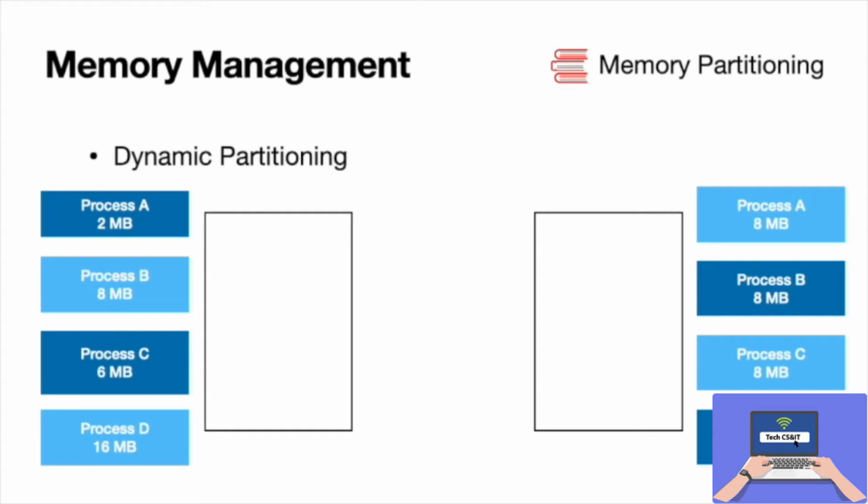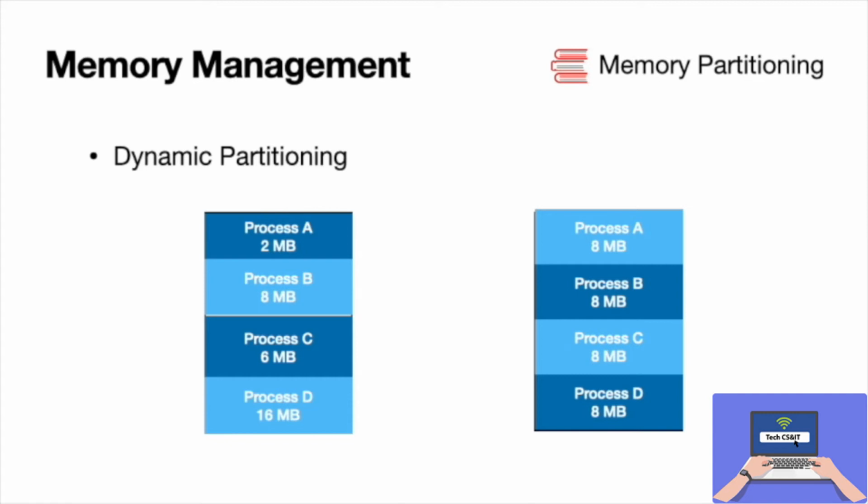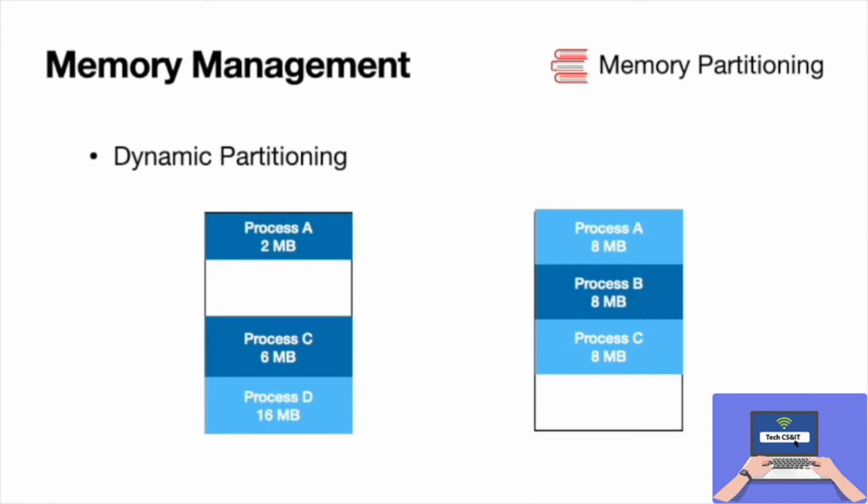So here again we have an equal size of processes, let's say A, B, C and D, while on the other hand unequal sizes of processes A, B, C and D. In both situations we don't have any problems accommodating the processes inside the main memory. But watch what happens when two or more processes leave the main memory. It still creates a space, as was the case with fixed partitioning. So here we again have 8 MB left in each memory. This space cannot be used by a process that is larger than the available size, that is 8 MB. So we still face fragmentation, but here we call it external fragmentation.